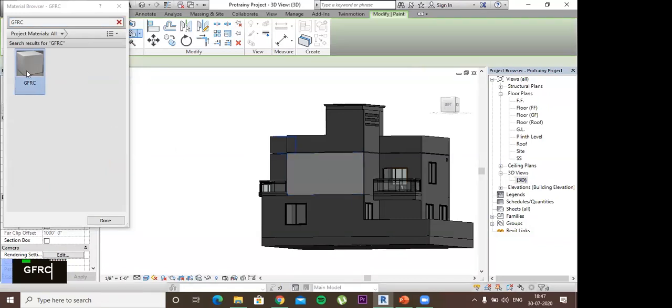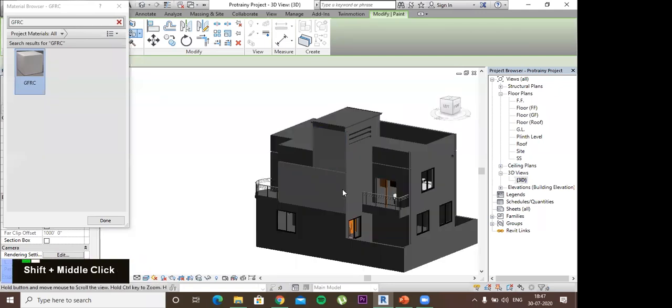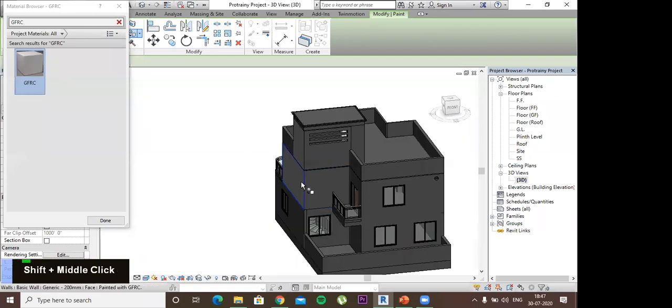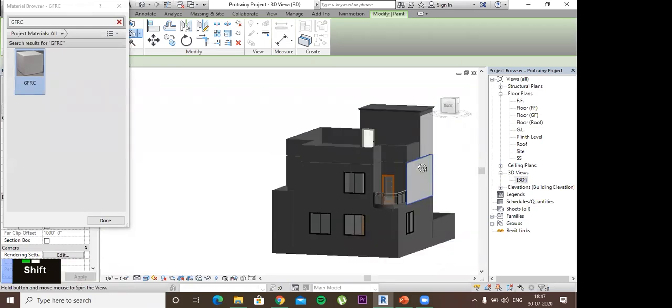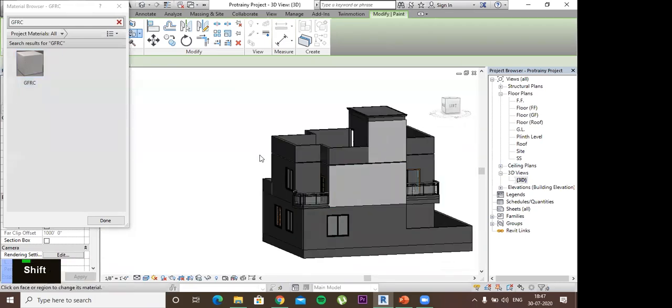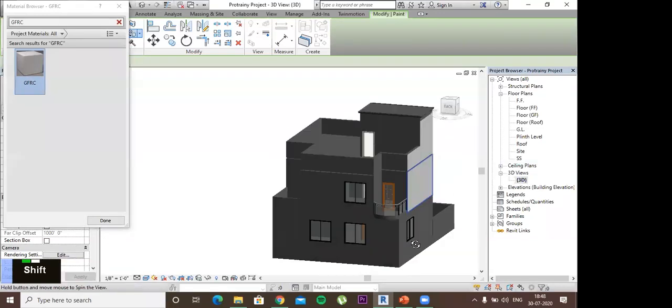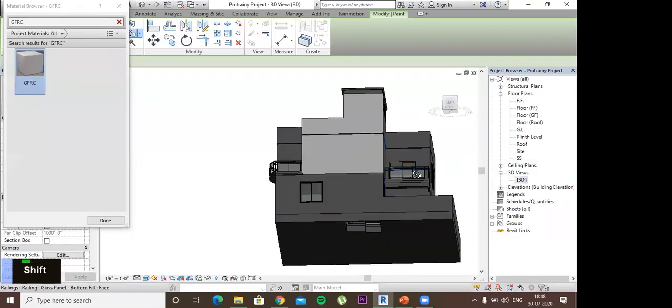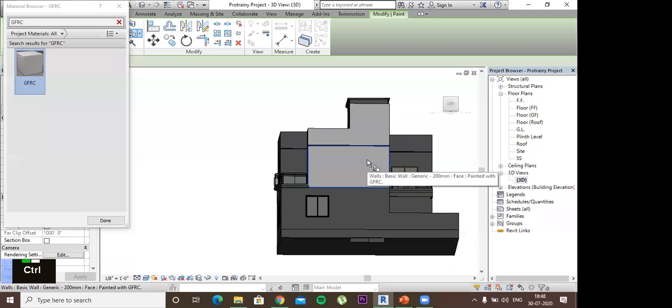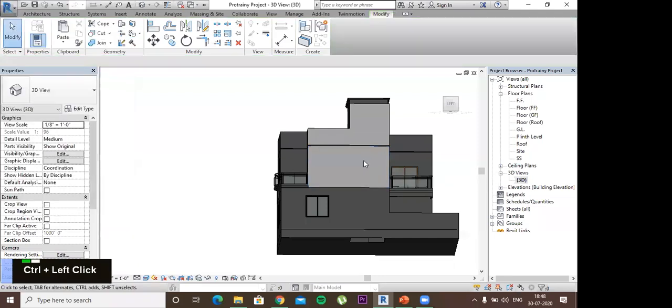I just have to click it, release the click, and then click the wall on which I want to paint this material. Okay. This is what you have to remember. Clicking is the way to paint that material on the walls. Okay. This is one method.